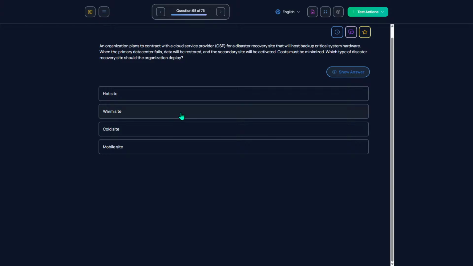I believe this is a warm site. A hot site is immediately active. We have no time to lose. Get us up and running right now. And if we're going to try to be cost saving, we can fall back to a warm site.